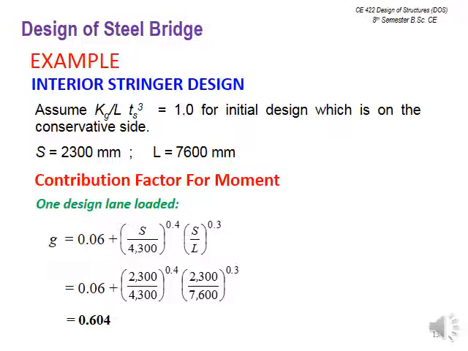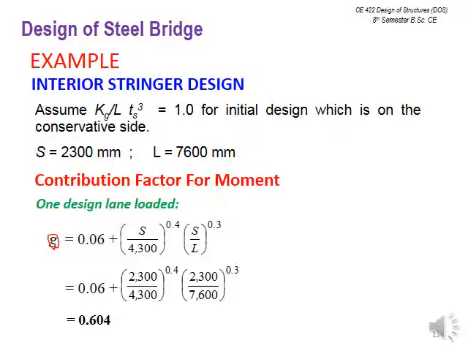Now for the stringer, after the number of lanes and arrangement of the stringer beams, we have to go for the lateral load distribution calculations. For that we need the distribution factor. This G is the lateral distribution factor actually. So these we need, all are the same.